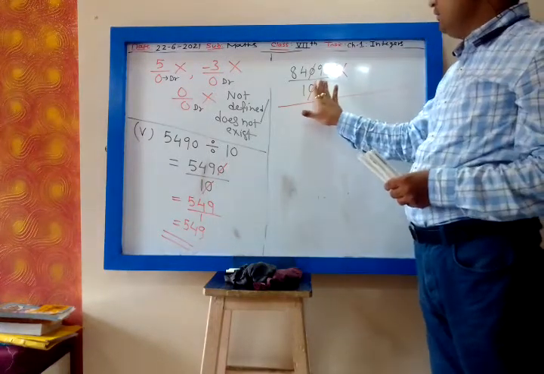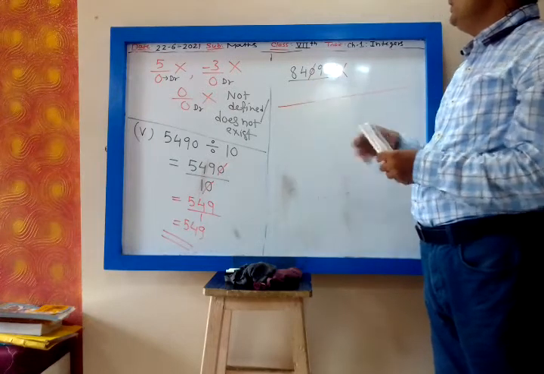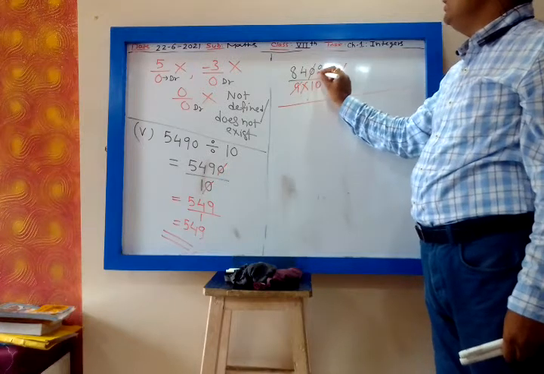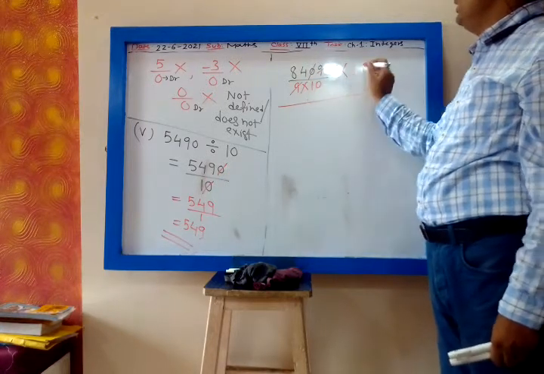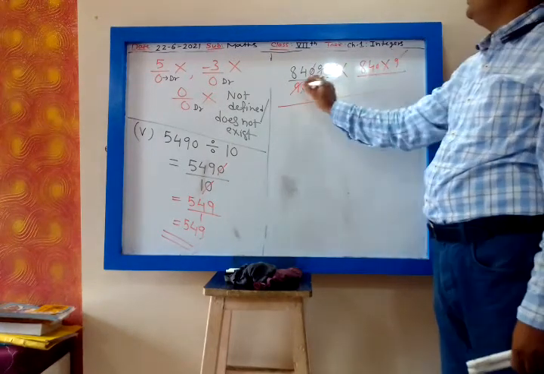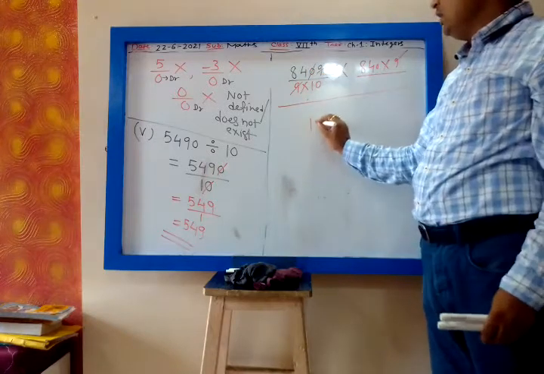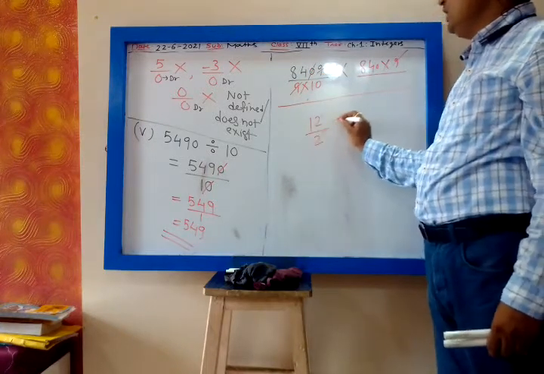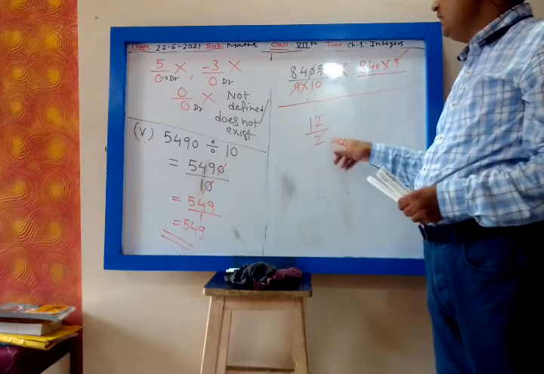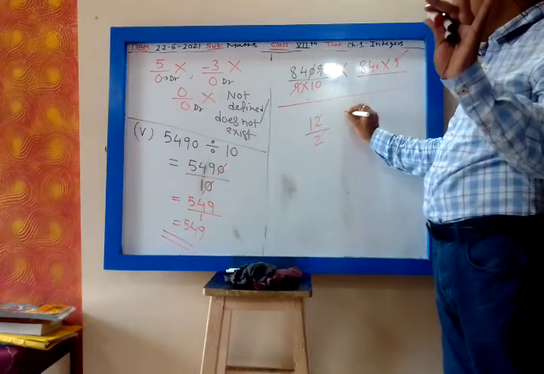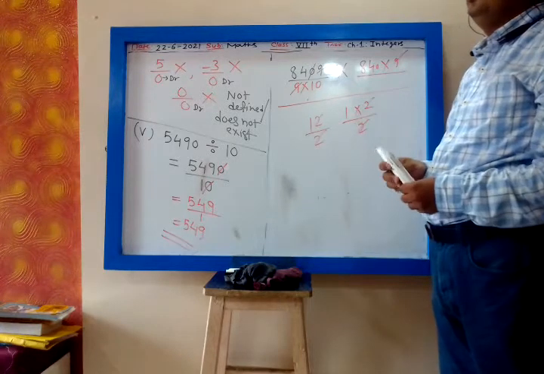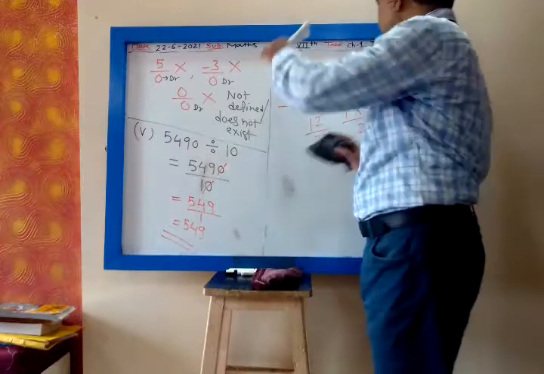Now suppose it is 9 into 10. Then again you cannot cancel 9 and 9, my dear. It is 8409, it is not 840 into 9. If it is 840 upon 9, then only you can cancel 9. It is 8409. You cannot cancel 12 upon 2. 12 upon 2 means it is not 1 into 2. You can cancel 2 and 2 whenever it is 1 into 2 upon 2. Then you can cancel 2. 12 is not the same as 1 into 2, my dear. Clear?